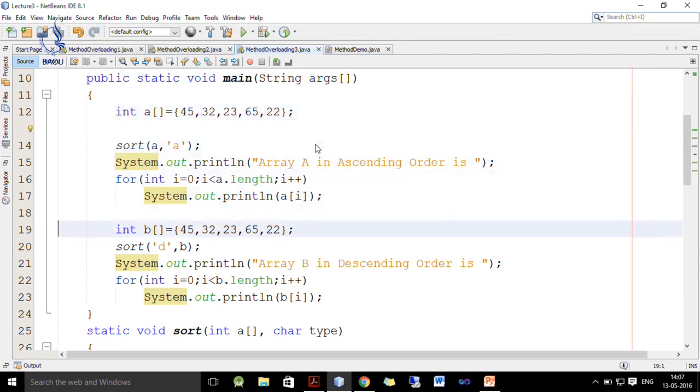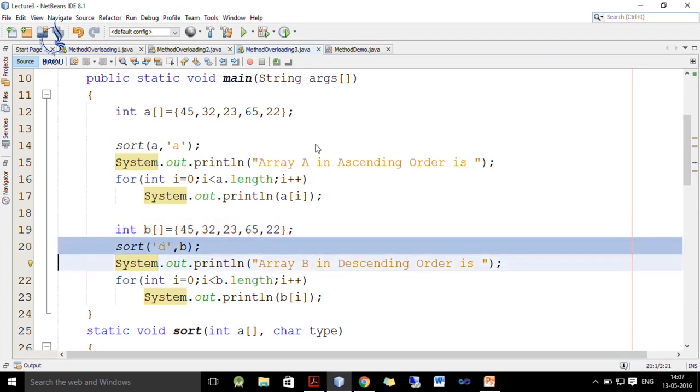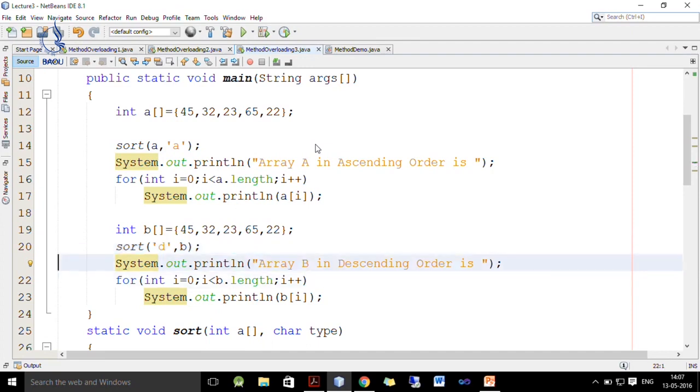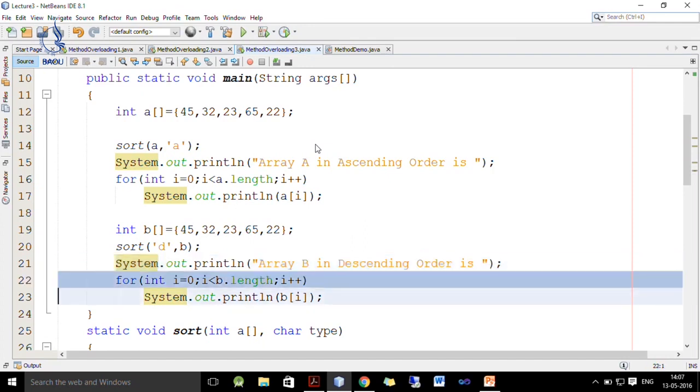So, we can define another array with the same elements, but this time we give it the name B, and now we call the second sort method where type is specified first and array is specified second. So, again this will sort B. Here we display array B in descending order, and this for loop displays the elements of B one by one.